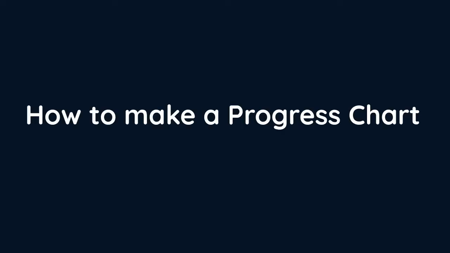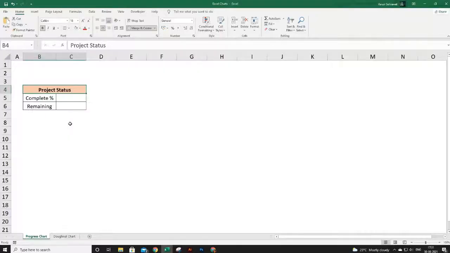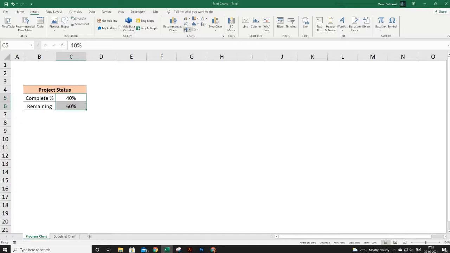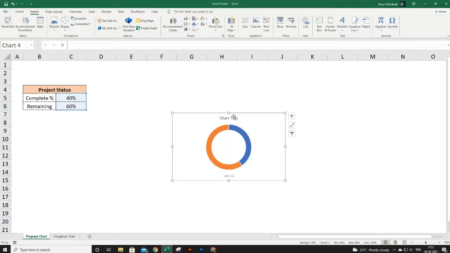How to make a progress chart? Let's say I want to show a chart for overall project completion. For example, my complete percentage of the project is 40%, then here in the remaining section it will be 1 minus 40, which is 60%. To insert the donut chart, follow the same steps. Select your data, go to insert, from here select donut chart.